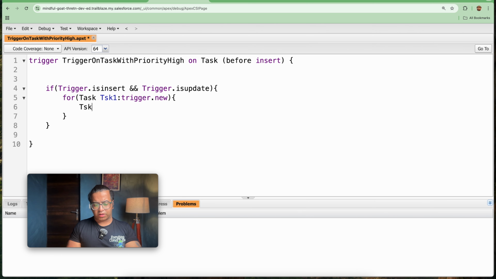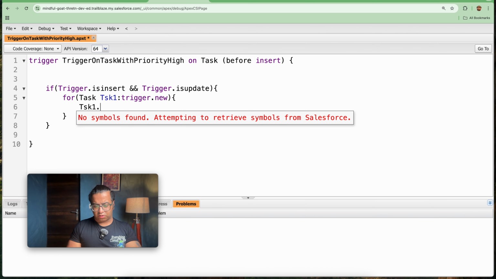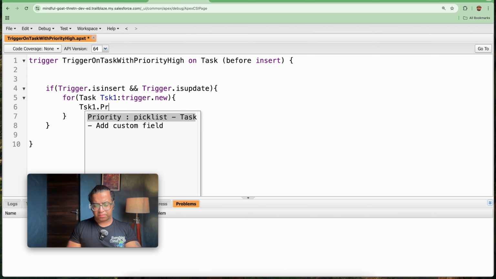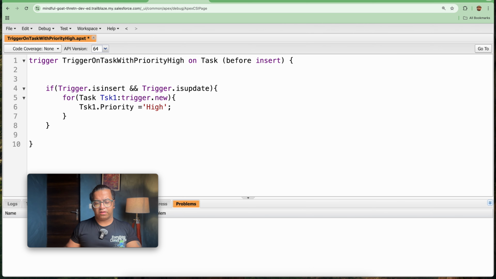So tsk1.priority equals High. That's it. The trigger is isBefore and isInsert, so it should not be isUpdate, it should be isBefore. Since it is a before insert trigger, I'm updating the same record itself. So my trigger is done.